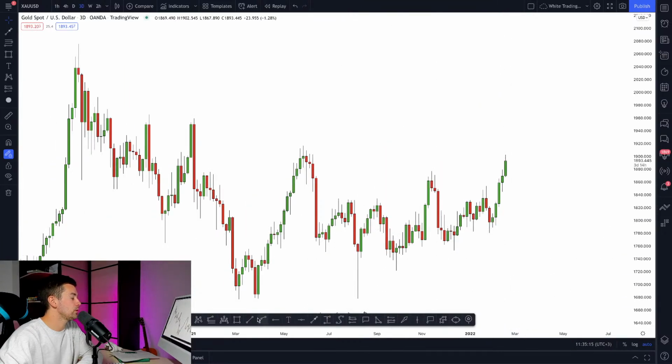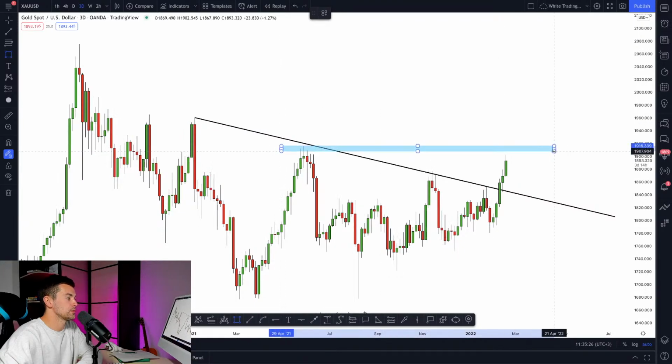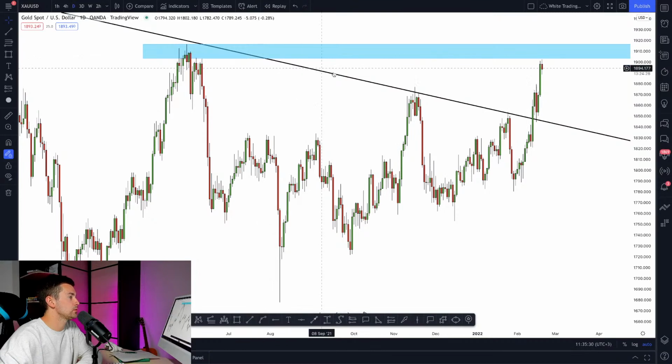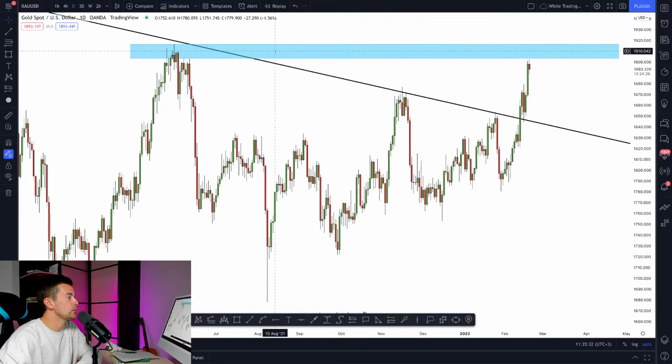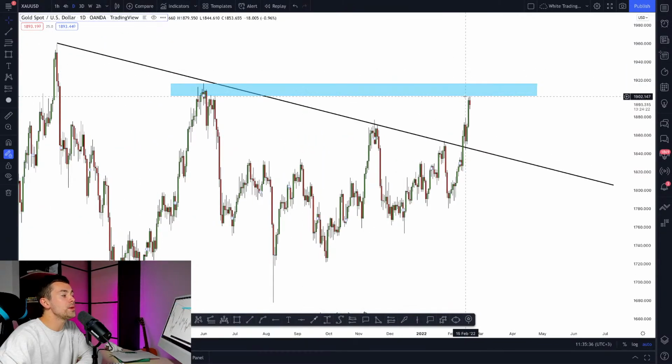Yes, I want to remind you traders that gold violated the trend line here to the upside. We got a confirmed breakout, retest, and bullish continuation. And now the price is approaching that resistance. Yes, quite strong supply area right here. And I believe that we may expect a pullback from that supply zone.